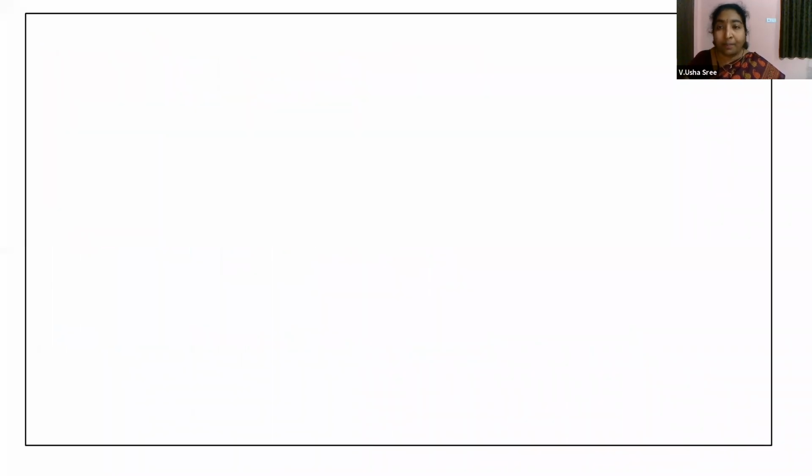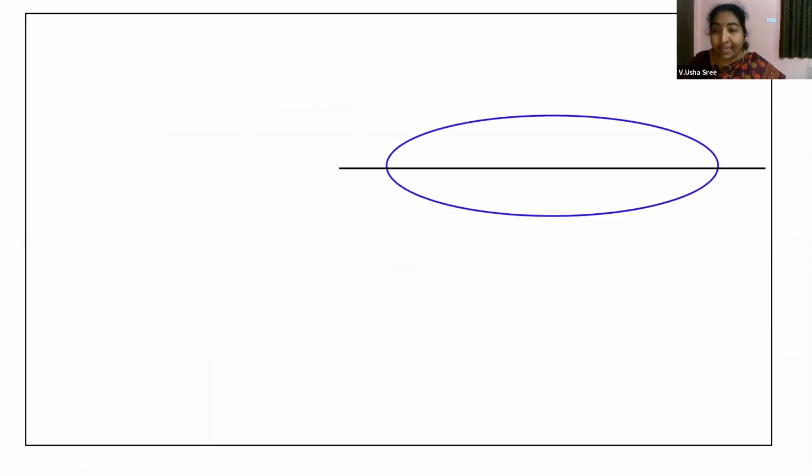Now, this is an ellipse with x and y axis. Of course, the center of this ellipse is (0, 0). By looking at the standard form, we have concluded this, right? We'll take the point C as the center. Then the center is (0, 0) as I was mentioning, right?